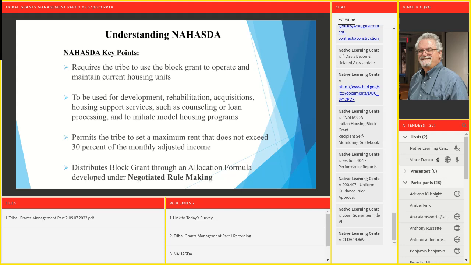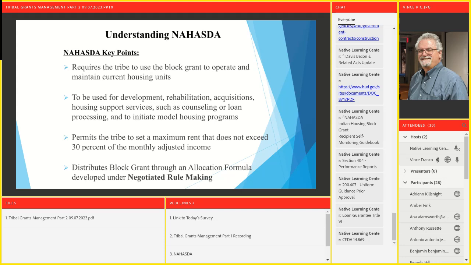And lastly, it gets into negotiated rulemaking. So you're wondering, how do they come up with these regulations from year to year and the changes I was talking about? It's called negotiated rulemaking. When they plan for a review, they invite tribal leaders and others and agency leaders together to talk about the rules. The tribes have a certain amount of time to provide feedback, usually 30, 60, or 90 days. And then they sit down and talk through the regulations from time to time to try to figure out if they need to make changes.